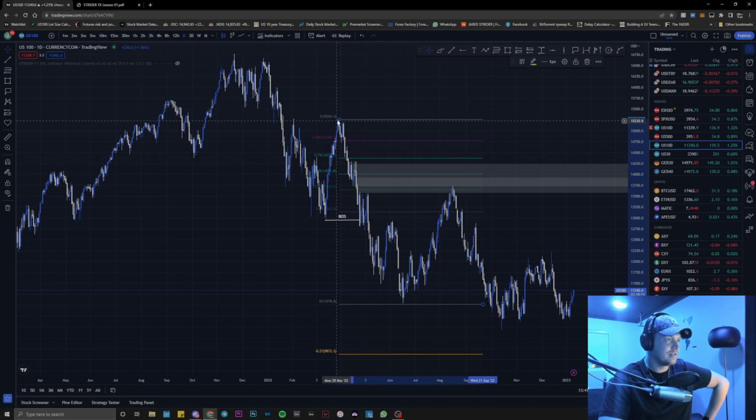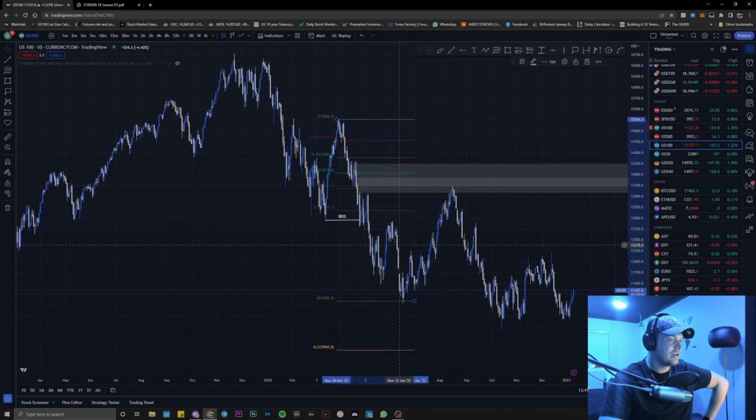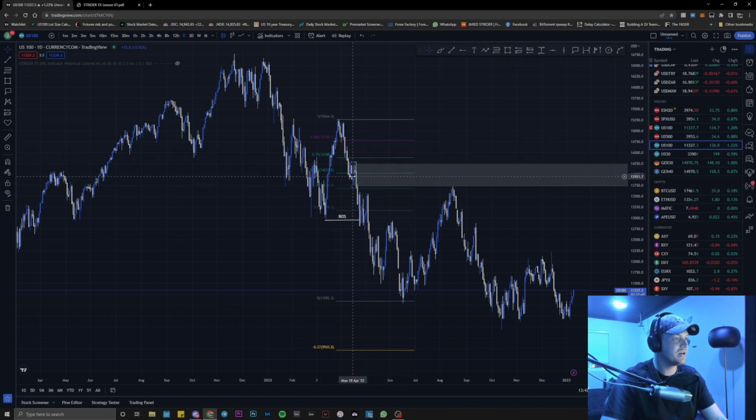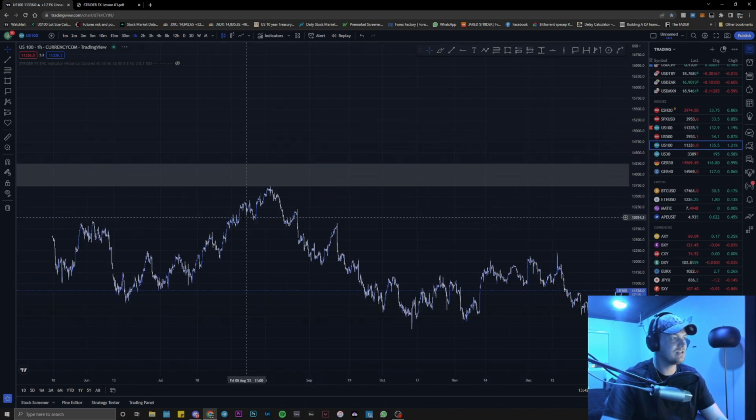I'll just move it over a bit so you can see, we've come up to our green zone, just into our green zone. Before price comes up, we've noticed this low, and we've broken this high here. We mark out our green zone, and we look for a point of interest in here, even up to the 88.6. But in this zone, we're looking for break of structures and change of characters on the lower time frames. So if I go onto the 1 hour, back into this zone,